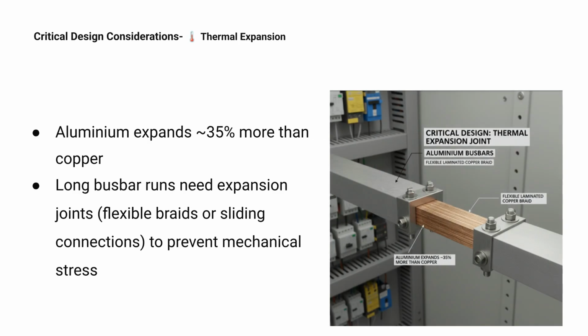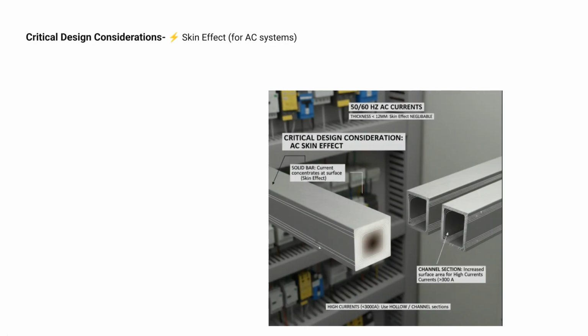Thermal expansion is a key concern, as aluminum expands about 35% more than copper. For long bus bar runs, implement expansion joints like flexible braids or sliding connections to prevent mechanical stress on the joints. Regarding the skin effect in AC systems, for typical industrial bus bar sizes, the difference between copper and aluminum